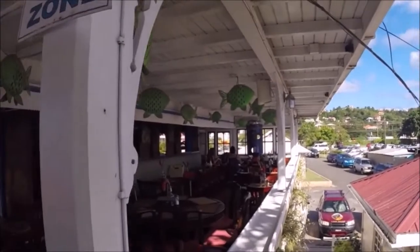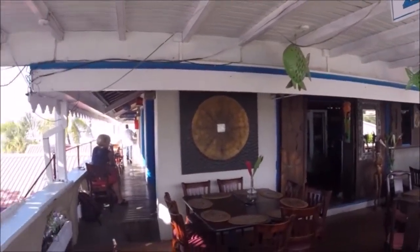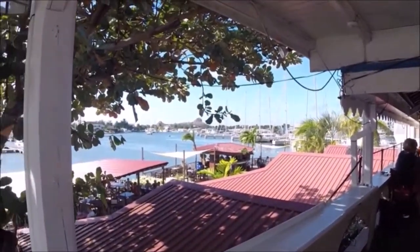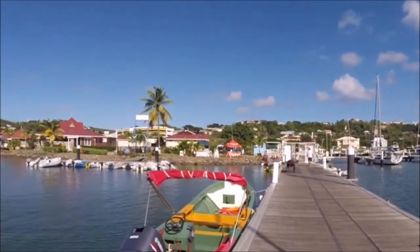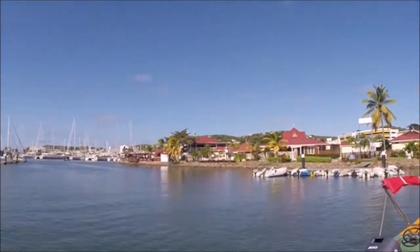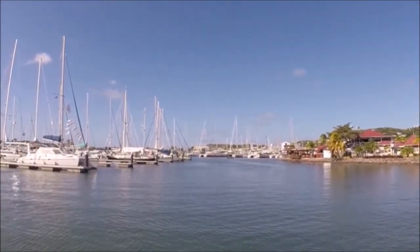And this is the Thai restaurant that I was mentioning. They also have other foods other than just Thai. Now this is the walkway out to where the docks and the boats are, and the dinghy dock is right there. Because of course people that are out in the harbor bring their dinghies in here to go to the